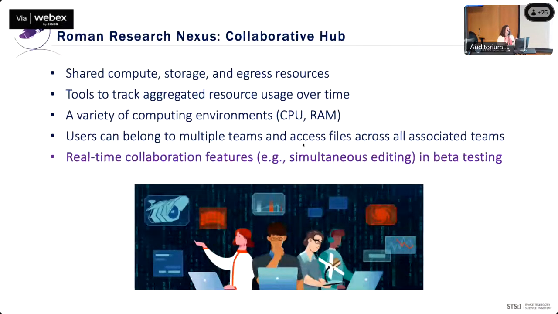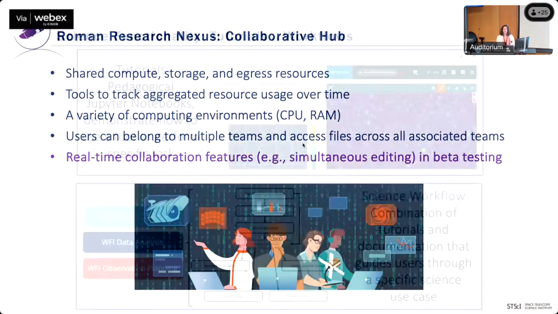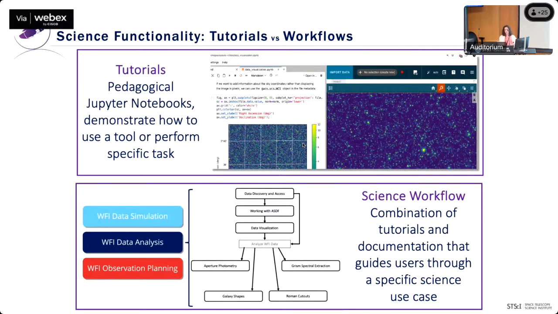You'll be able to be part of multiple teams, log in on a team, and have access to all the other files that are associated to you, to all the other teams. So all of that will be available to you every time you log in. And it also offers real-time collaboration features, for example, simultaneous editing, which is now in beta testing. Tyler will talk more about this, but